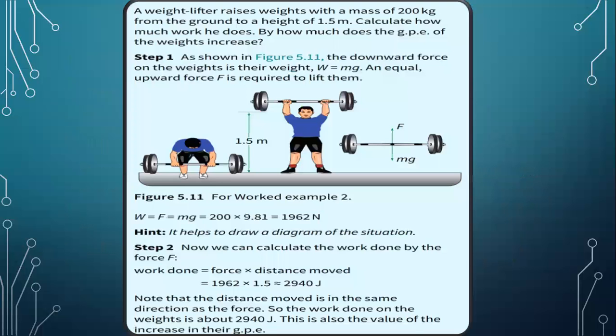So let me solve an example. And in this example, there is a weightlifter who raises a weight with a mass of 200 kg from the ground to a height of 1.5 meter. So initially that weight is on the ground and then it is lifted through a height of 1.5 meter. This is the height. And calculate how much work he does, by how much does the gravitational potential energy of the weights increase. तो आपने इसमें बताना है कि उसमें वर्क डन कितना है और या फिर कितनी पोटेंशियल एनर्जी